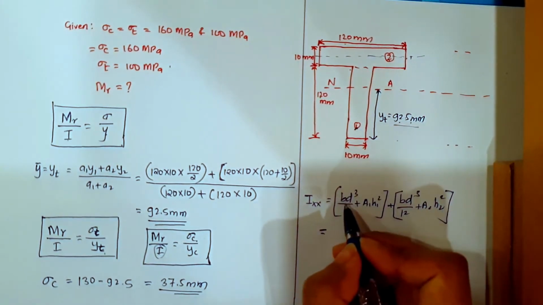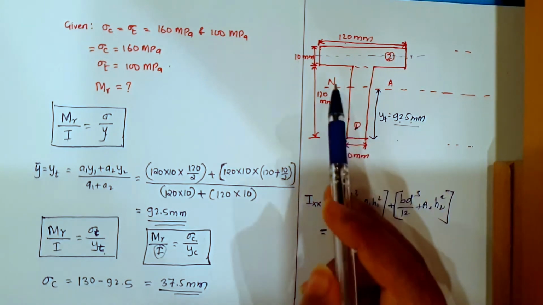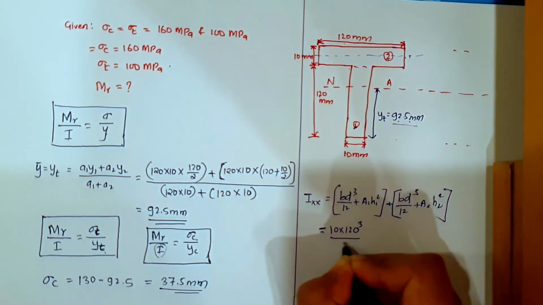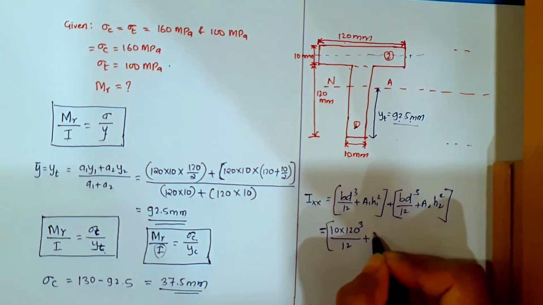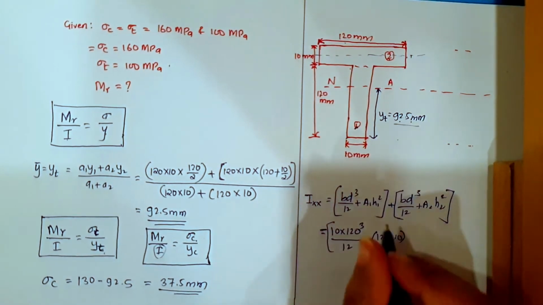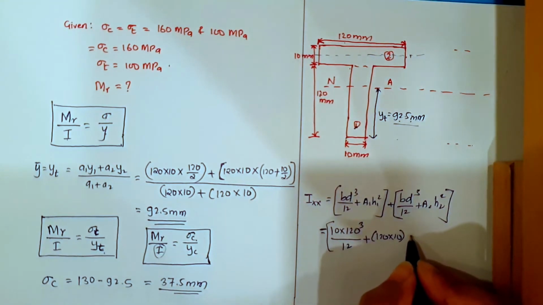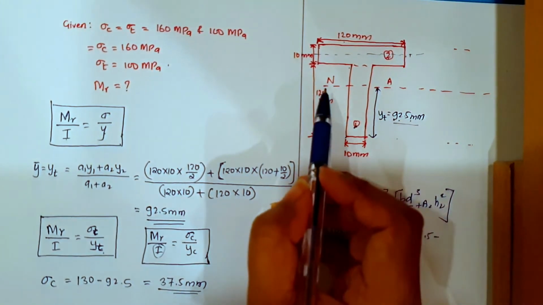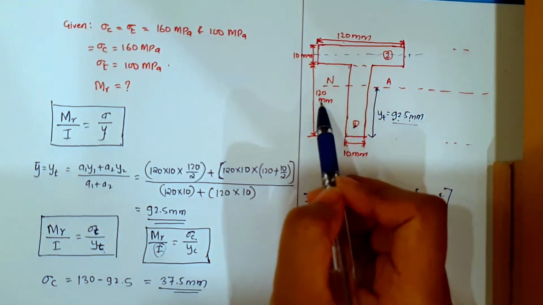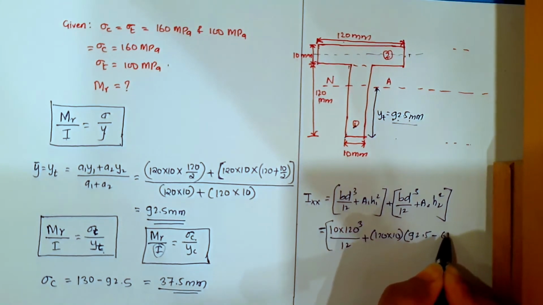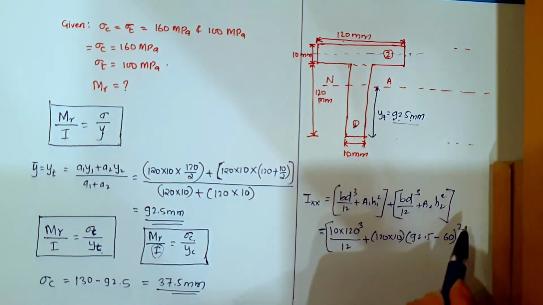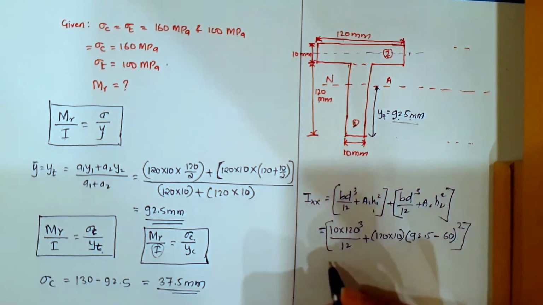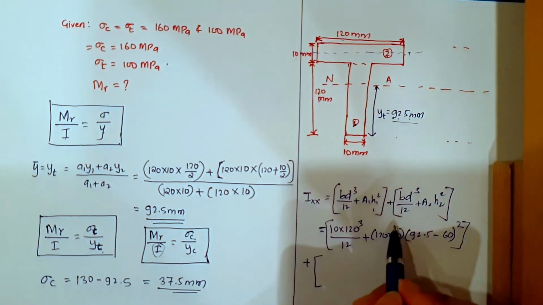Now for section 1, B kitna hai? 10. D is 120. So I have 10 into 120 cubed by 12 plus area will be 120 into 10. Now H1 will be equal to YT, which is 92.5 minus, अब ये सेक्शन का डेप्थ 120 है तो 120 डिवाइडेड बाय 2 इज 60, squared. सो ये हुआ आपका फॉर फर्स्ट सेक्शन, राइट? Moment of inertia for this first section plus moment of inertia for the second section is